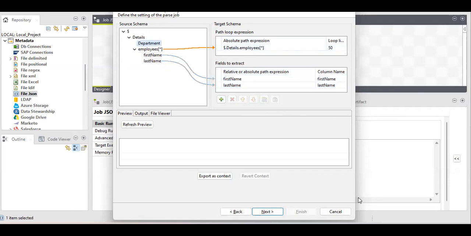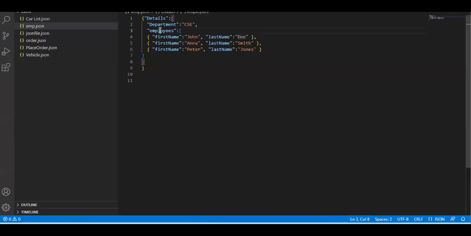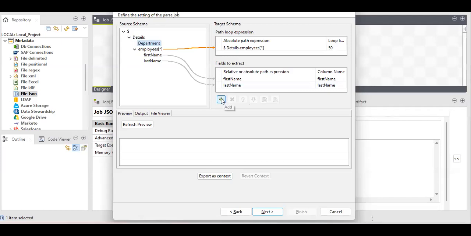So see, we have described the loop element here. We didn't describe anything for this one. We don't need department as a loop because it doesn't have multiple records, right? So what will we do? We will just provide its absolute path. How will we do that? Same name. Okay, the column name should be the same. Just go to this,